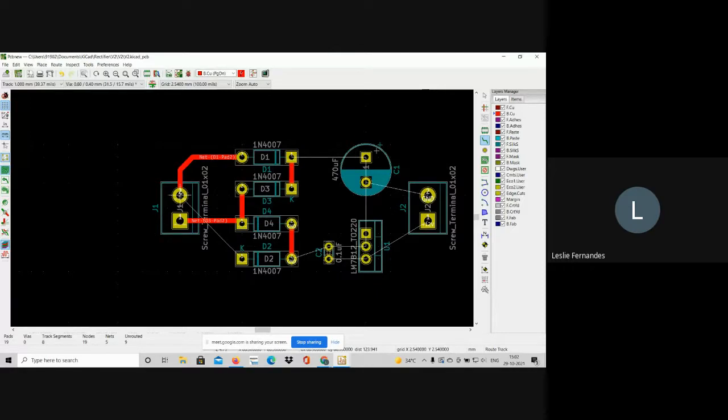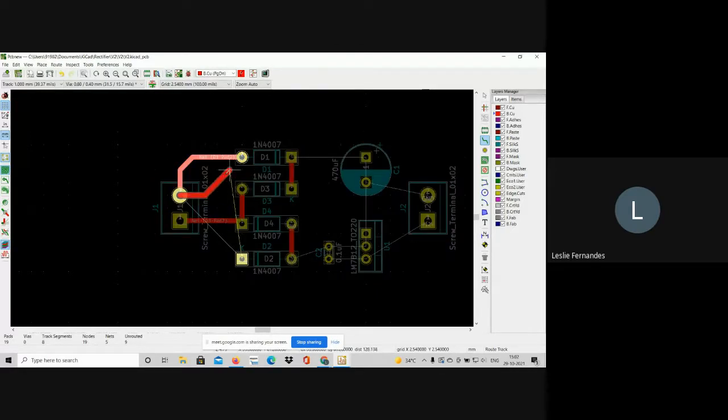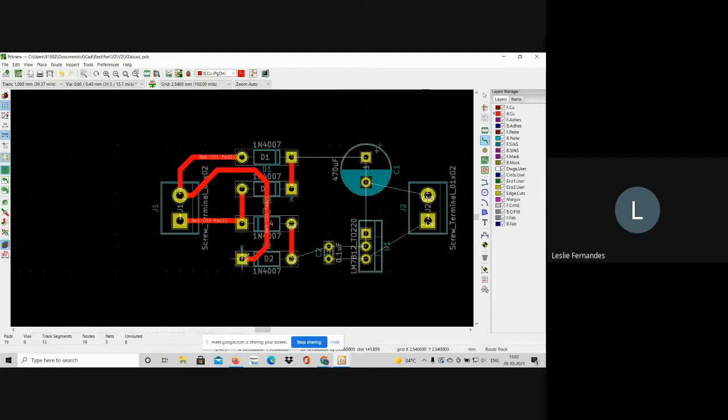Now see how I move around these components. Okay, so this part is done. Now I'll connect this capacitor.